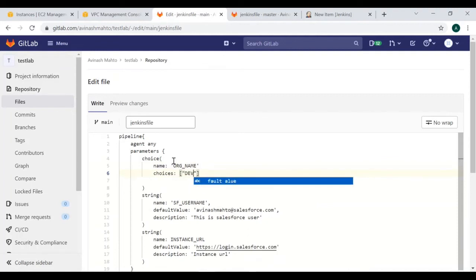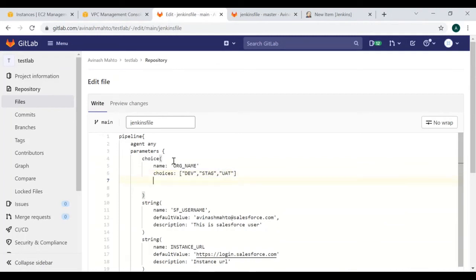So let's suppose that we have dev environment, then we have stage environment, then we have UAT environment, right? And in the description you can write, please select the environments.